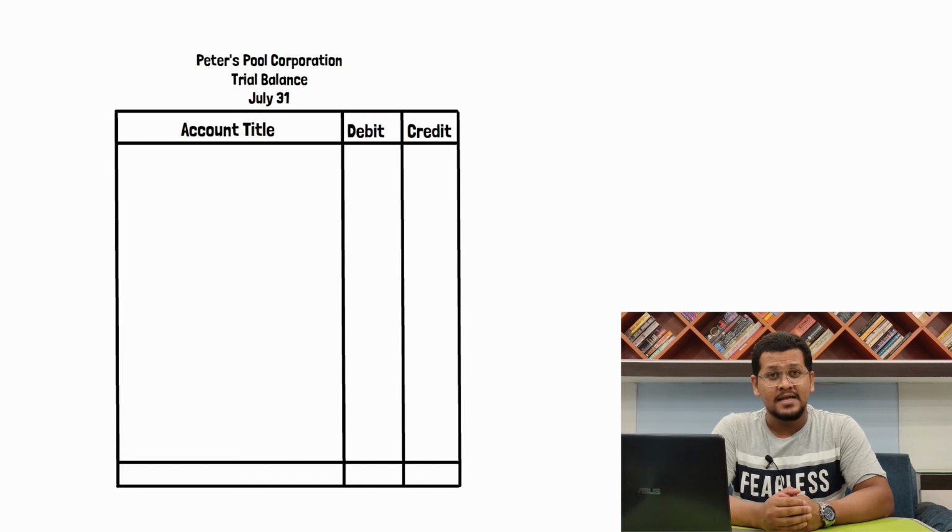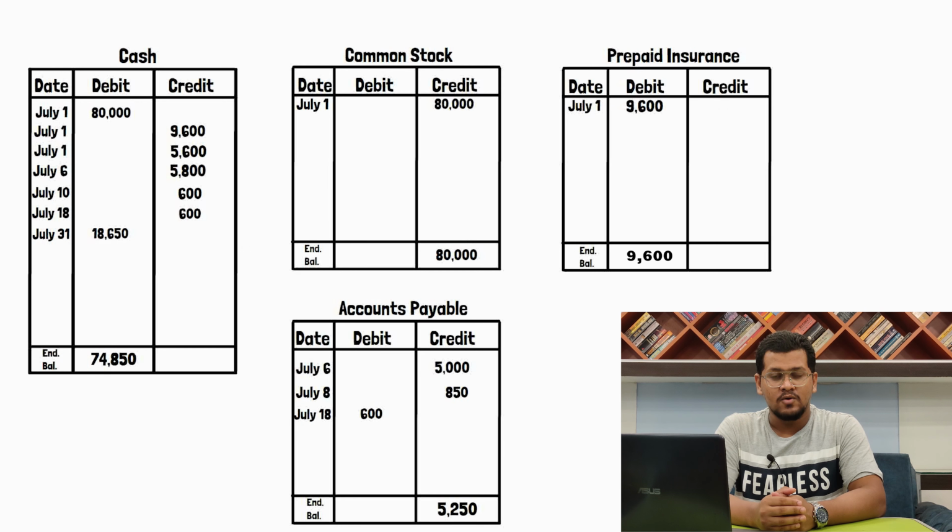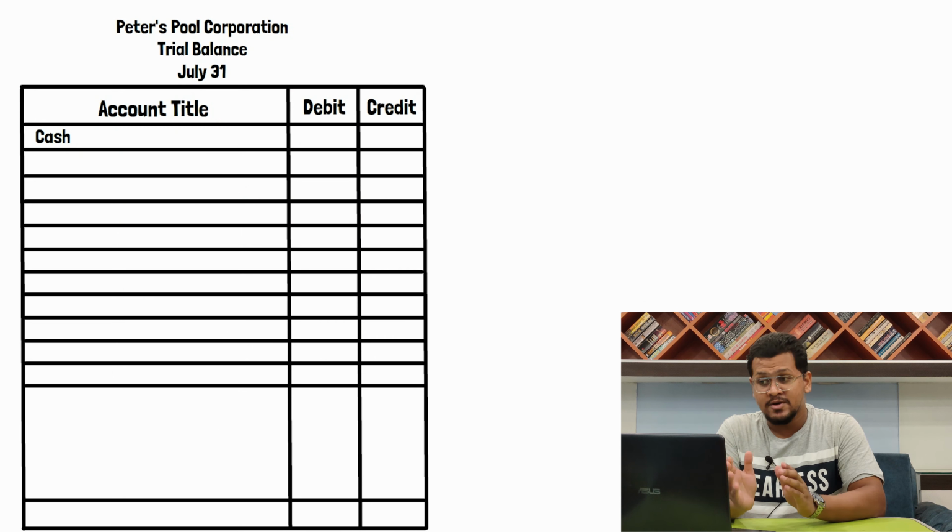A typical trial balance has three columns. The first column is where we put the name of the account that we are dealing with. Then we have the debit and credit column. Now we will move to the general ledger section to see the ending balance of each T account. The first T account we have is the cash account, the ending balance of which is $74,850. Well, it is a debit balance, so we are going to transfer this amount to the debit column of